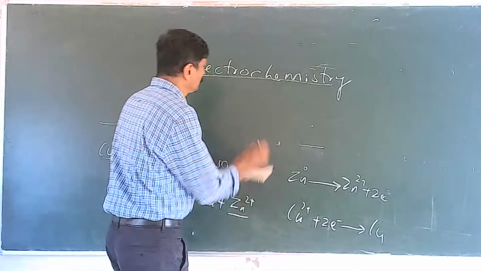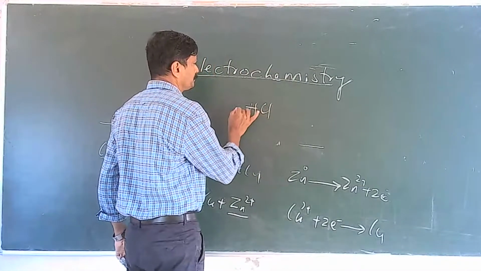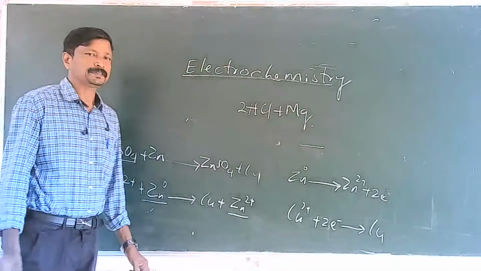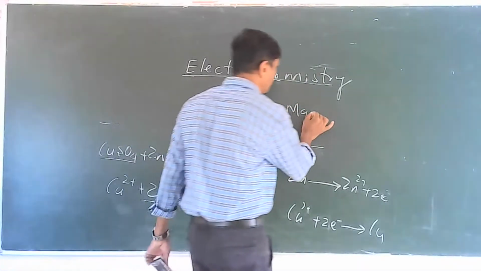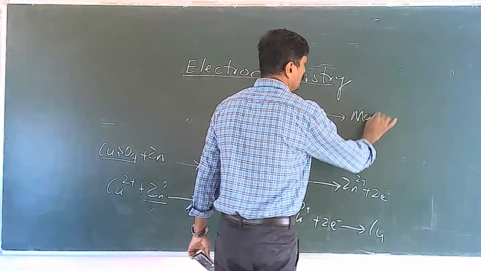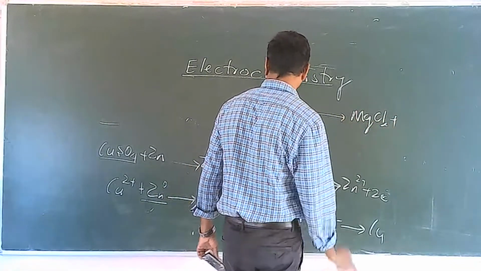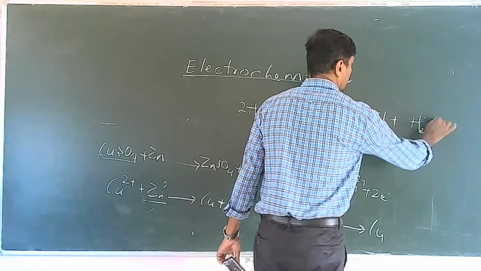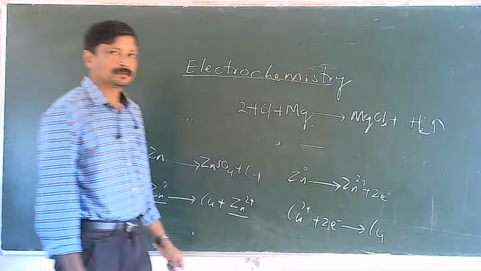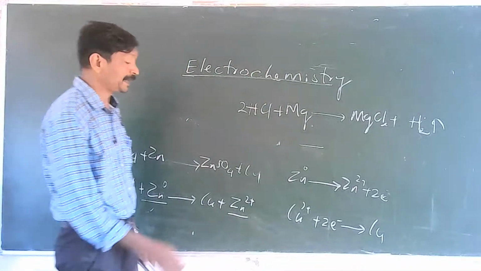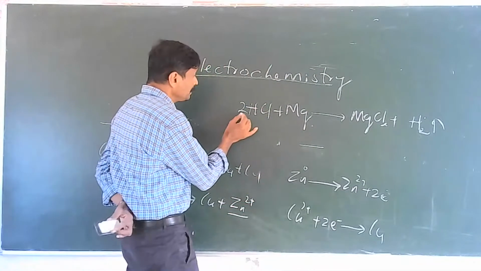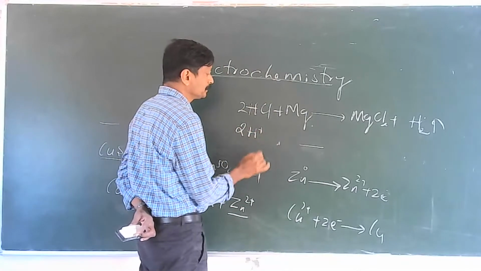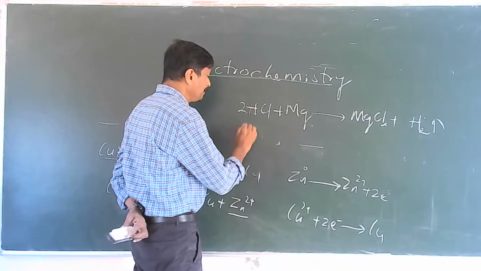Suppose you have the acid HCl plus magnesium. What is the product you get? Magnesium chloride plus hydrogen gas. So what actually is the reaction? Here the 2H plus ion, or you can say either